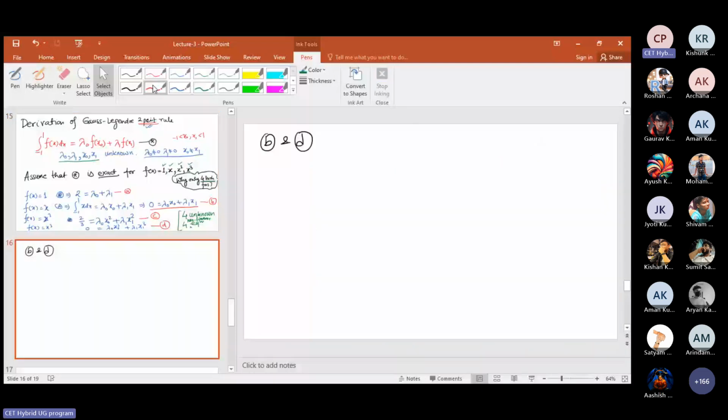So B and D में से सबसे पहले हम क्या करते हैं, एलिमिनेशन करते हैं। एलिमिनेट लैम्डा 0 फ्रॉम B and D. So B में क्या है, लैम्डा 0 x 0 प्लस लैम्डा 1 x1, और D में क्या है, लैम्डा 0 x 0 क्यूब। तो अगर लैम्डा 0 आपको एलिमिनेट करना है तो B में x 0 स्क्वायर से आपको मल्टीप्लाई करना पड़ेगा, ठीक है। और उसके बाद में एक इक्वेशन से दूसरी इक्वेशन को सब्सट्रैक्ट करना होगा।